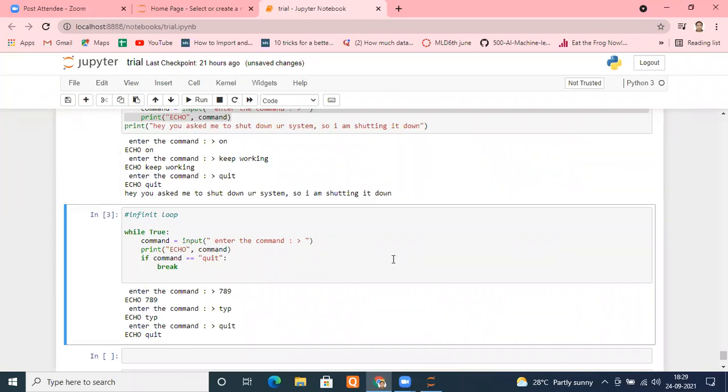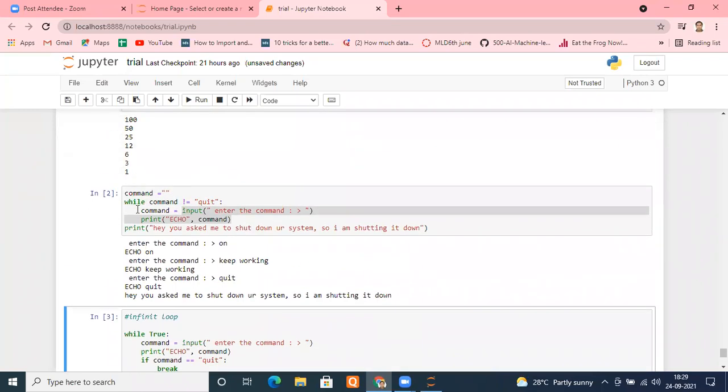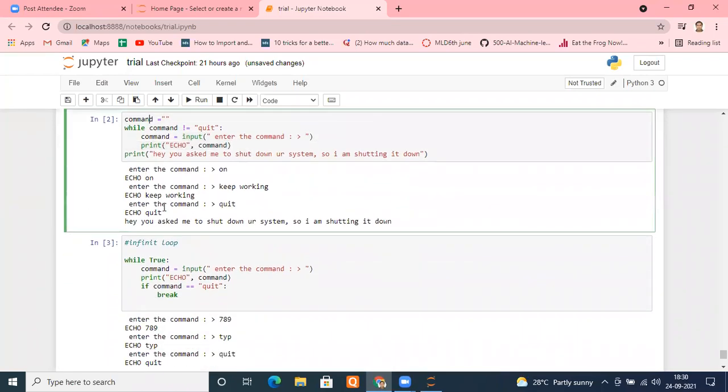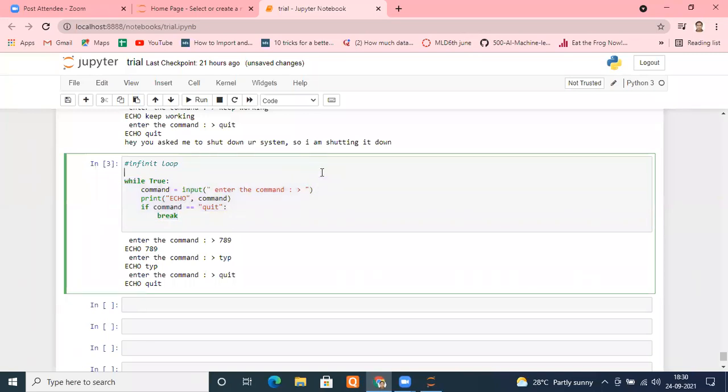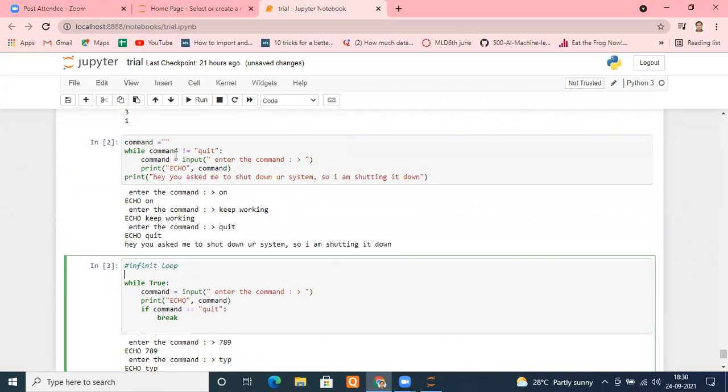So you have two methods of doing that. Whatever method you recommend, that you can do. It's entirely up to you how you are going to use that. By using this method, initializing a variable at the beginning, or if you don't want to initialize the variable, use this method. It's entirely your choice. I personally prefer this one. If you like to use the initialize variable method, or if you want to use the infinite loop method, it's entirely your choice. Again, I'm repeating. Tell me, in both the cases, any doubt whatsoever, even 1% doubt to anyone?